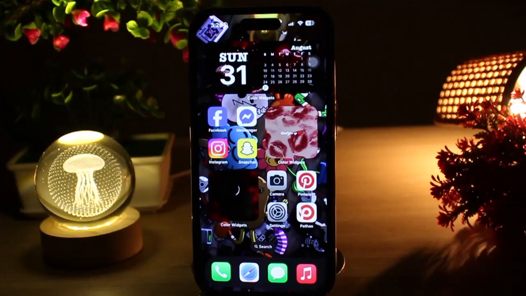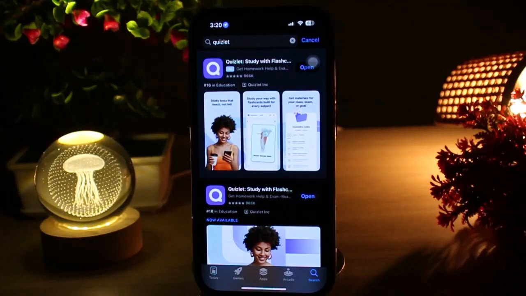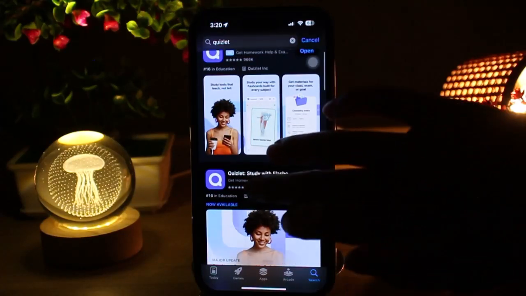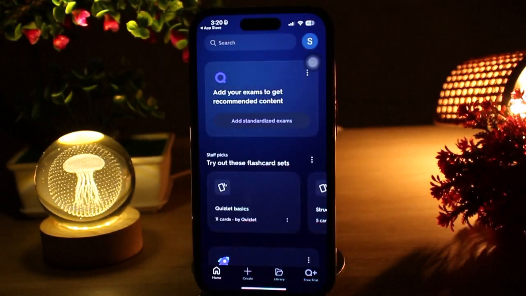Now, to use it, first you need to go to the App Store and download your app if you haven't. So search Quizlet on your search bar at the top of your page, and after the icon pops up, tap on that, then tap on install and open up your app. Sign up with your email, Google or Apple account, pick your role, student or teacher, and subjects to personalize